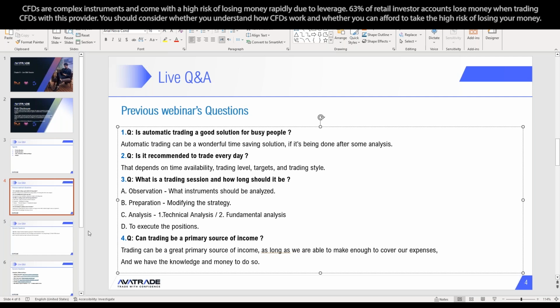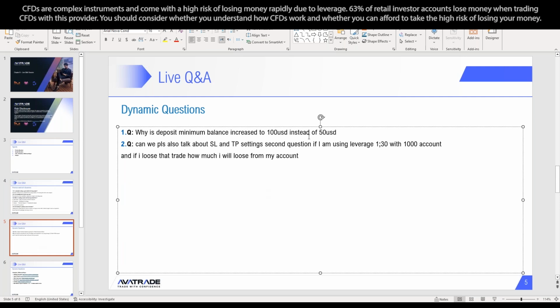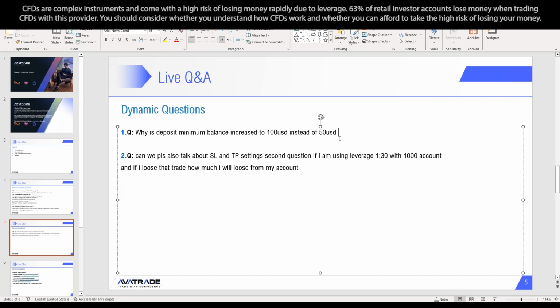All right, let's see the questions that we received. Why is the minimum deposit? Minimum deposit can change variously depending on promotions that AvaTrade has, and that's the main reason. To be honest, who asked me this question? It was in the beginning, right? Can we please talk about stop loss and take profit settings and question? Okay. Okay. All right. So whoever asked me this question,